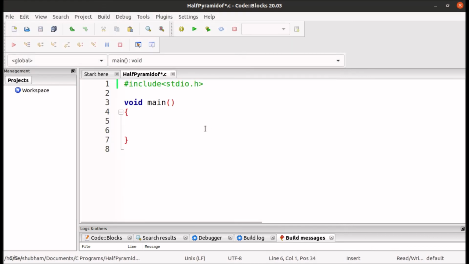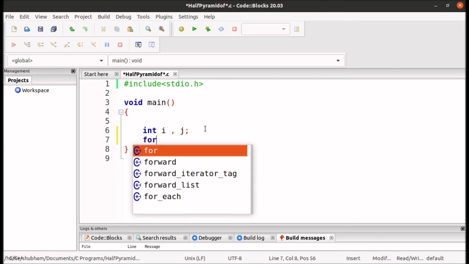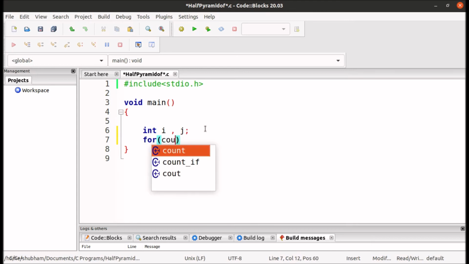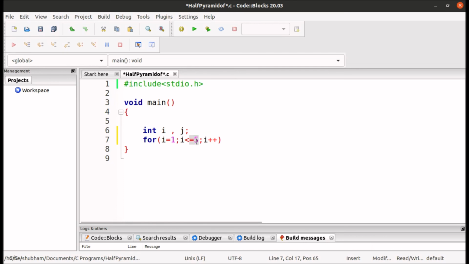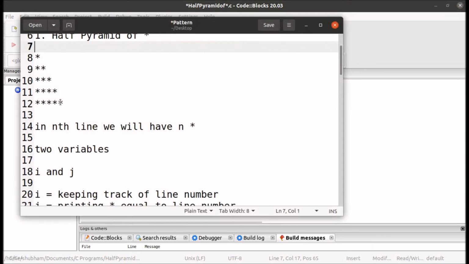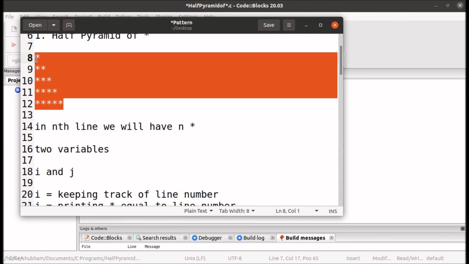I will require two variables as discussed, int i and j, and have a for loop: i equals 1, i less than equals 5, i plus plus. Why am I using 5 here? Because we have 5 lines in our pattern.